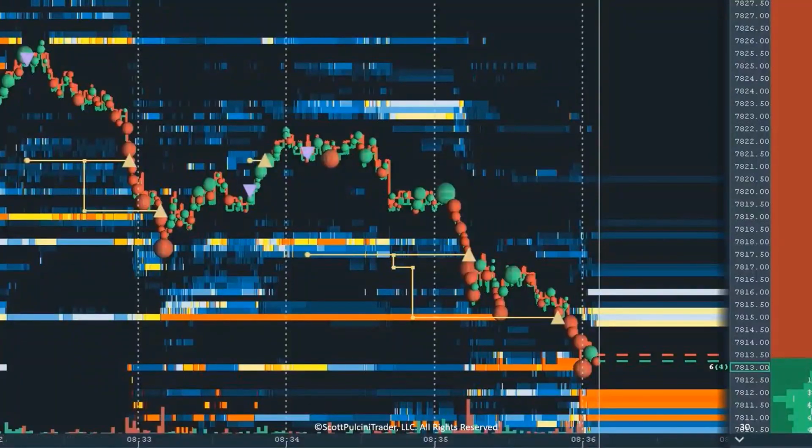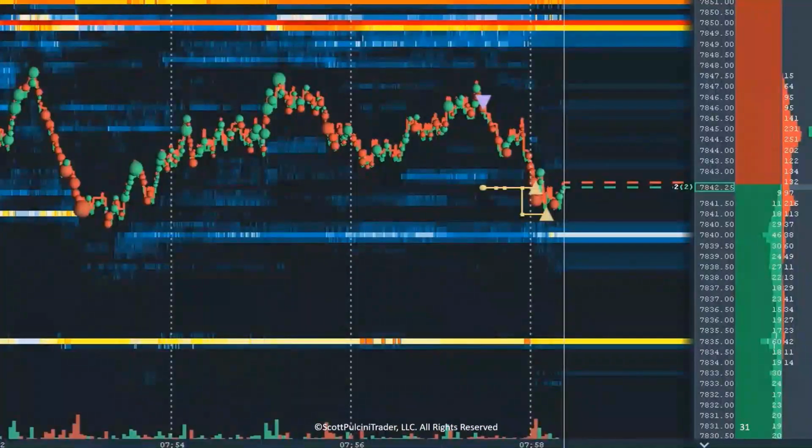Let's see some more examples. Like in this example over here, we got some strong long-term liquidity sitting over here at the 50, and the price tries to get up. There's some volume over here, but